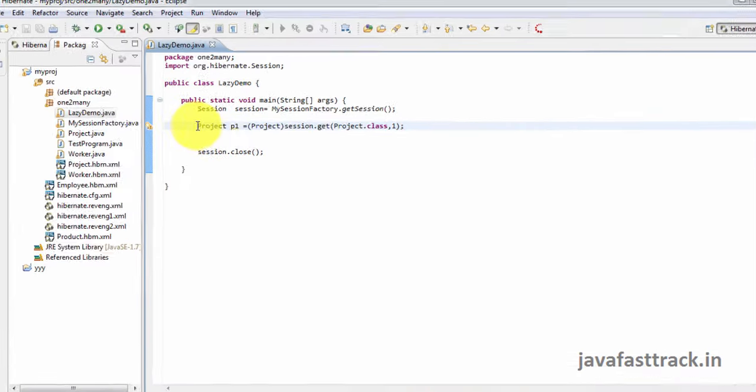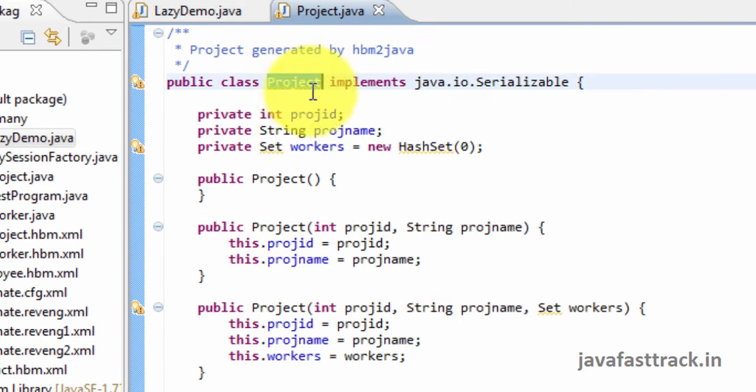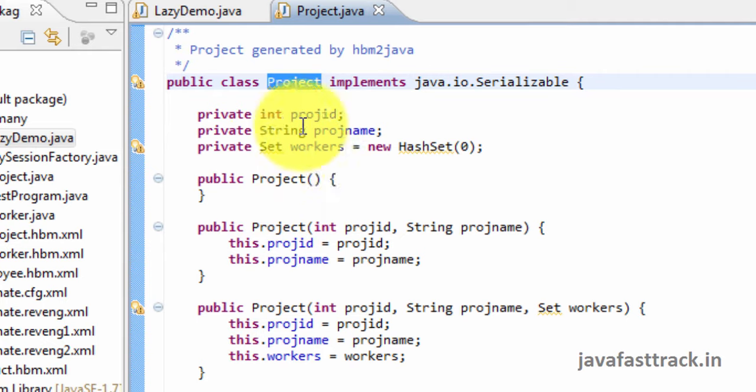I'm trying to read the project data. Session.get of project. The project object has project ID, project name, and a collection of workers.